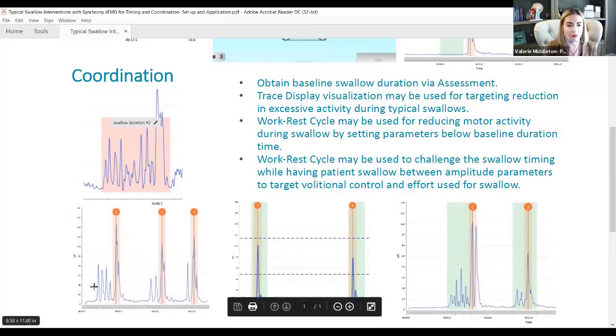So here we see that they start with what appears to be about 4 tongue pumps before they initiate a swallow. That's narrowed to only 2 tongue pumps on their second try, and then just 1 tongue pump on their third try. So obviously they progressed each time to reduce that excessive tongue activity before the swallow just by having this trace display